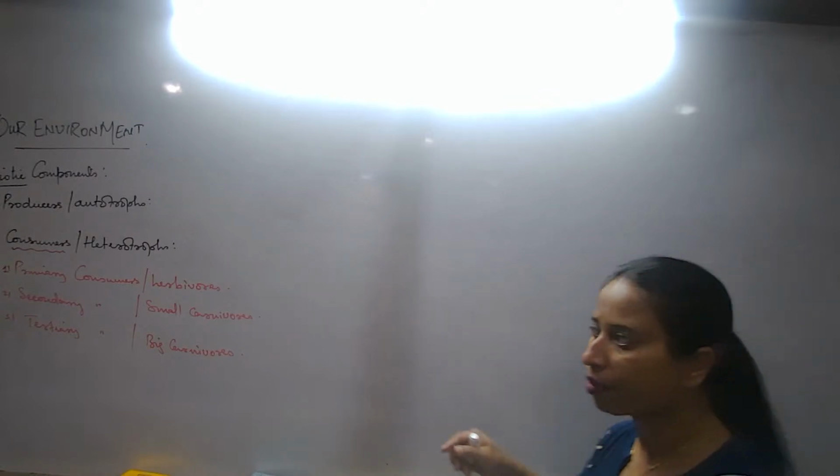But is it all about consumers when we have to talk about food chains? No. The food chain may also have some other group of organisms in certain food chains, not in all. What are the other type of organisms? Remember, we also have to talk about organisms known as omnivores. What is the basic difference when I talk about omnivores? And the omnivore is always at the top level, the last trophic level in a food chain.